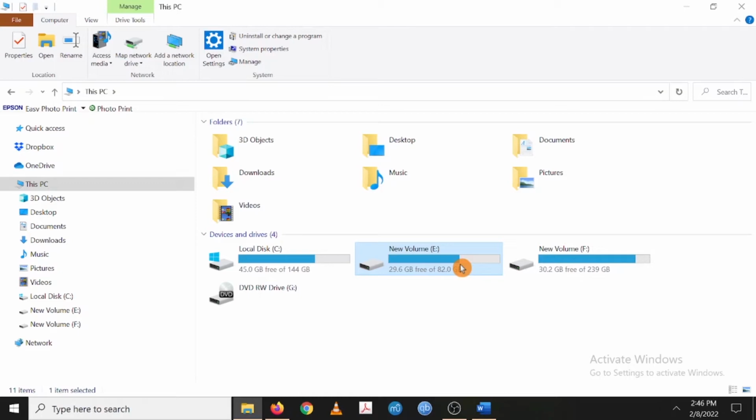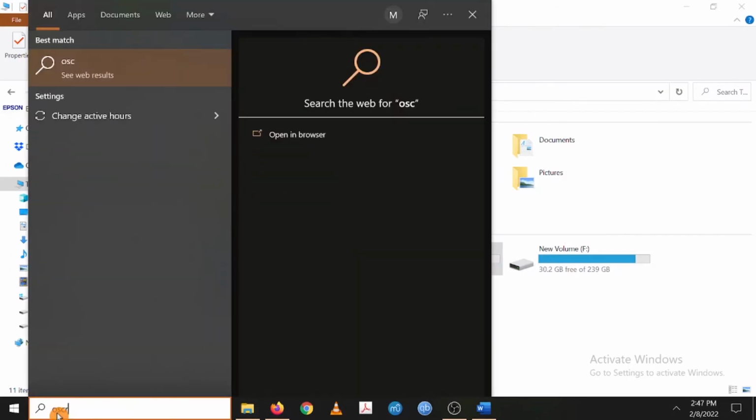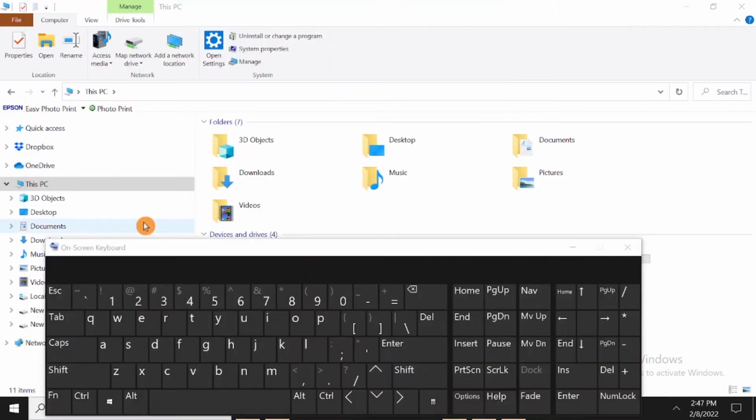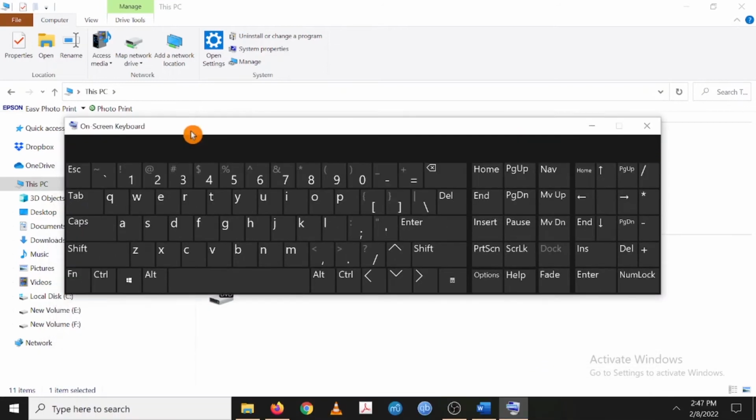Let's follow along together. What is the first step you need to do on your laptop or computer? On your keyboard, we have the Windows key and the R key, and this is what I mean. I can display it using my on-screen keyboard. This is the Windows key and the letter R key. I want you to press these 2 keys